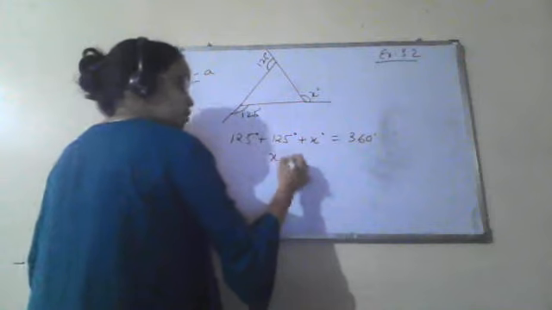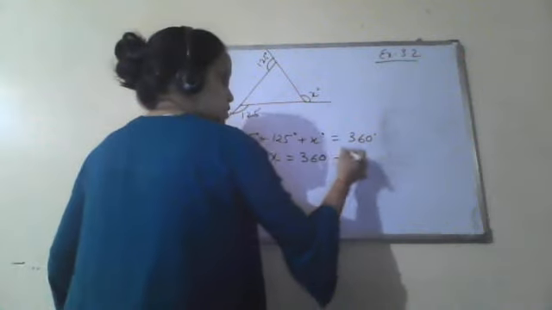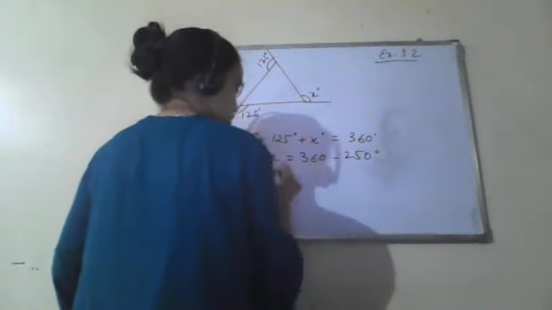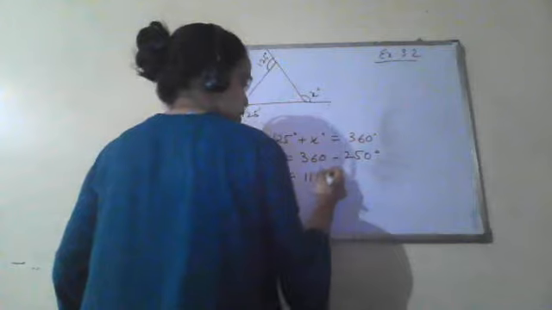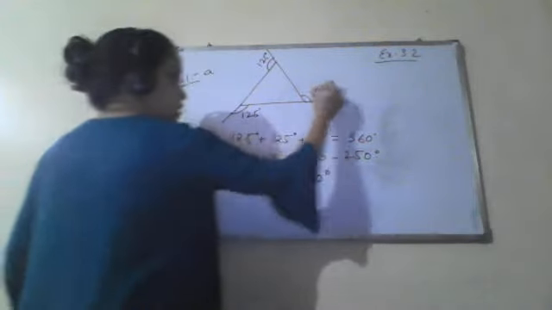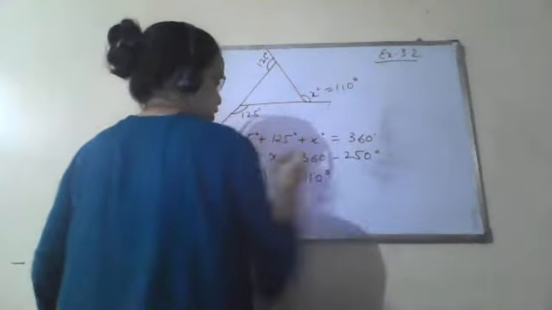You have to mention the reason as well. So x will be equal to 360 minus 250, and the value of x is 110 degree. So this angle will be 110 degree. Clear? Next part, B part is